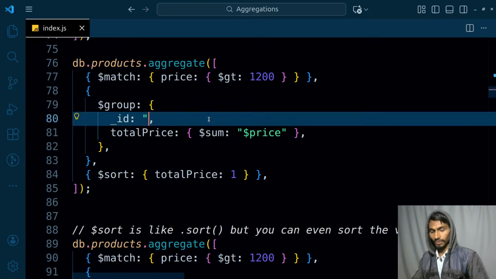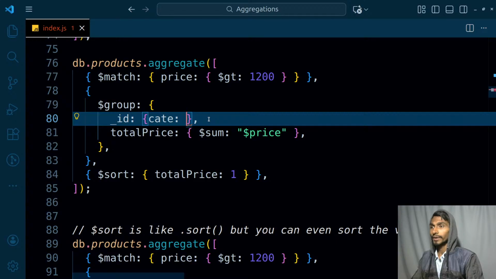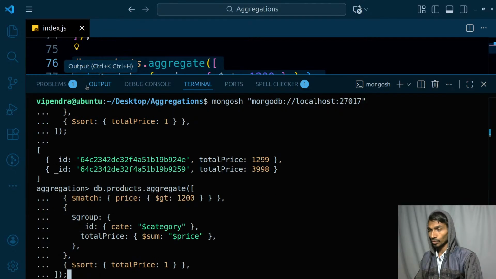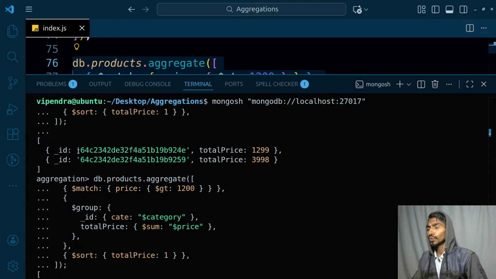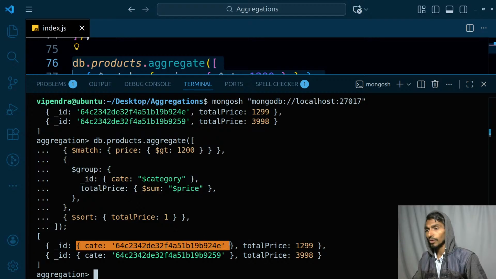The first way is this. The second way is you can give it category like this, and you can give it $category. So ultimately that will have a key value pair. _id will have a key value pair, and both ways are going to be right. Let's check out the response of that. Control Shift V and run it. So ultimately, okay, it's just like that. So _id just simply needs a category. Okay, you can give it either in the form of